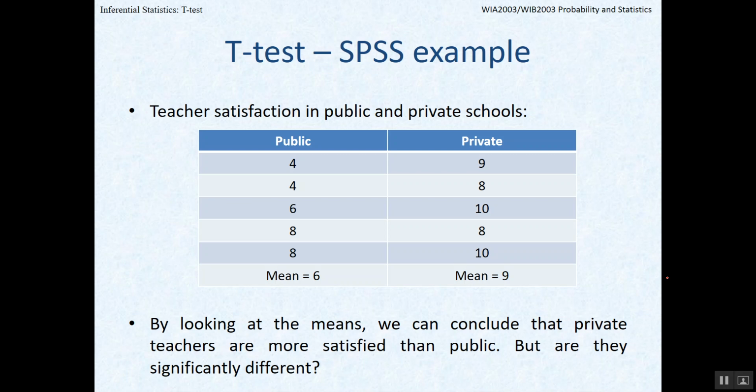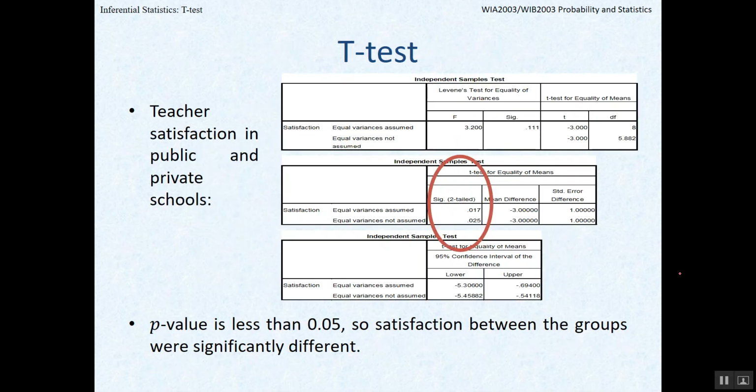But is this really significant? That is why in statistics, we sometimes don't accept this kind of result unless it is proved to be significantly different or not, because this may be just by chance, right? So that is why you need significance testing here. In this case, you're using a t-test. So after we keyed the data into SPSS,